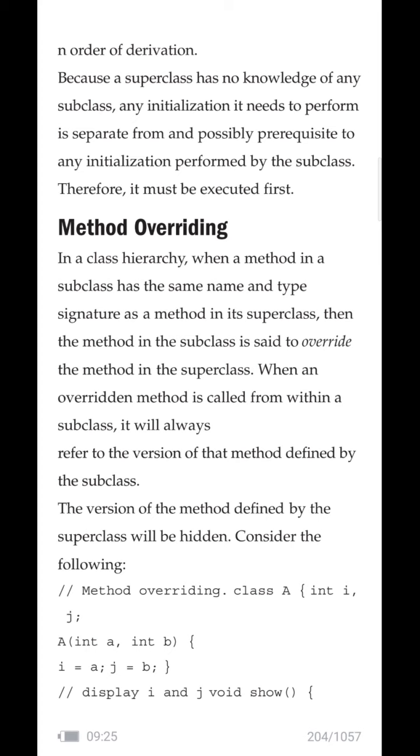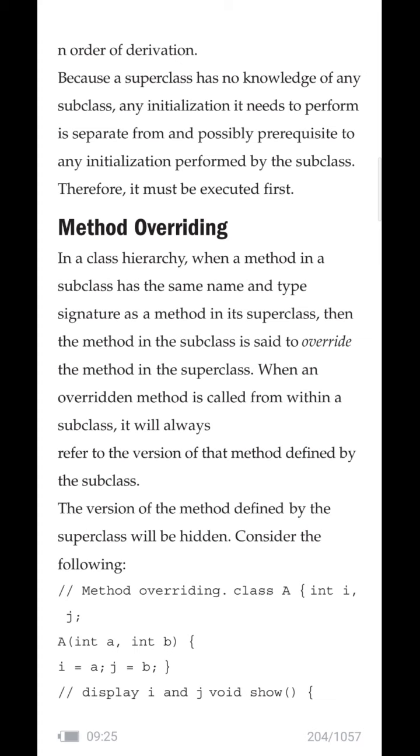The same example I have taken by taking Vaishnavi's name. I think there are two Vaishnavis in the same class, right? So if I call Vaishnavi for a moment, there will be confusion about which Vaishnavi I am referring to. In the same way, here for the subclass you are going to define a method. The name of the method and signature of the method is the same as that of the method you have defined in the superclass, right? So two different versions of the same method will be included by the subclass.